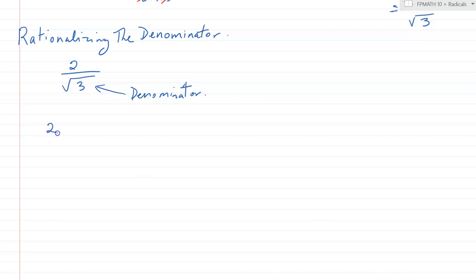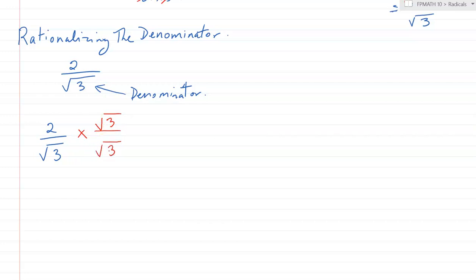So let's take the 2 root 3. And to do this, it's a fraction. What we do is multiply top and bottom of this single fraction by the denominator, which is the square root of 3. And that's what you would do. Now, by doing this,